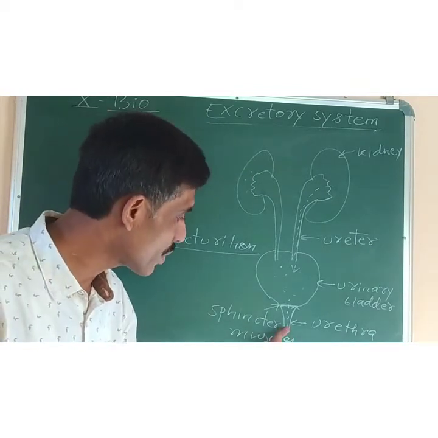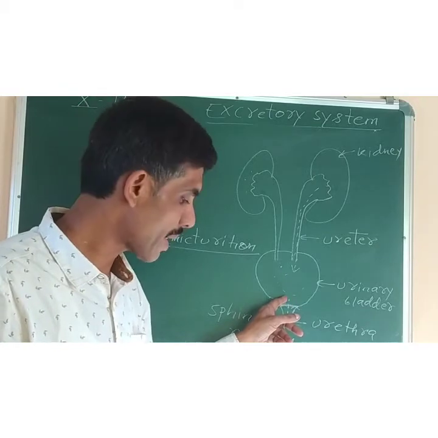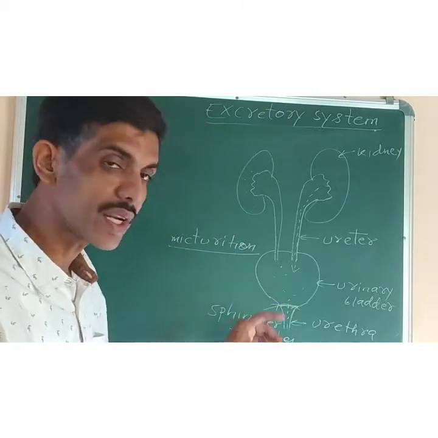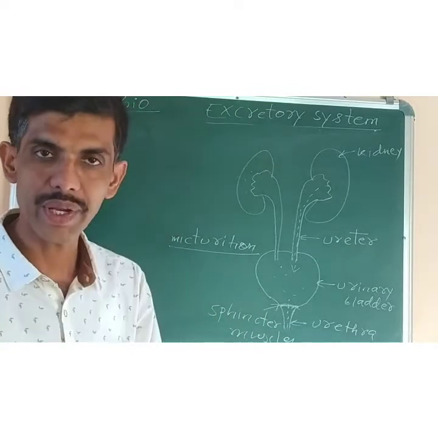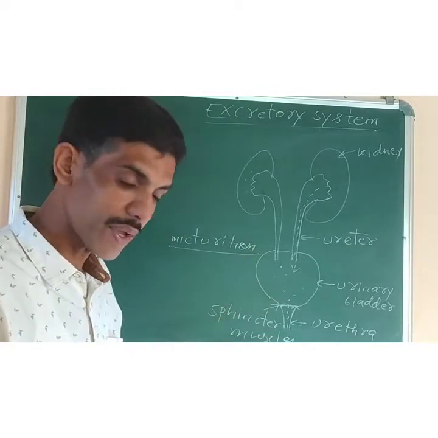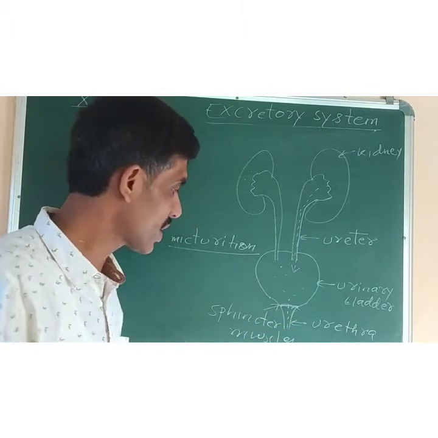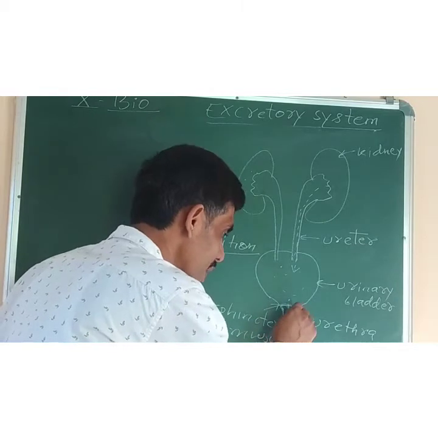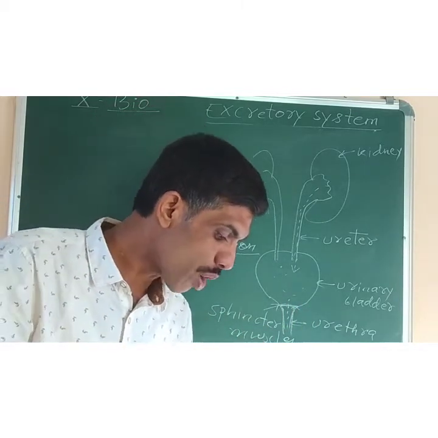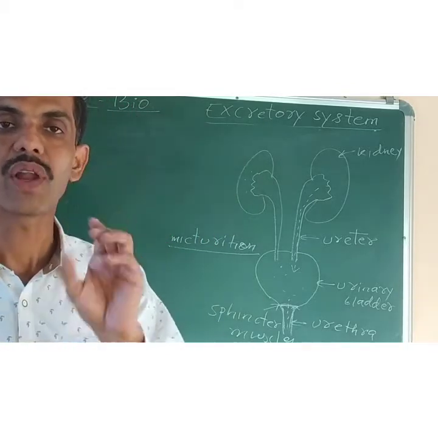Now last one is urethra. Already I said it arises from the neck of the urinary bladder and it extends up to the urethral orifice. Orifice means the opening. In the male, it runs down the middle of the penis and it serves as a common passage for the discharge of both the semen as well as the urine. But in female, it is present as a small structure that helps in the passage of only urine.